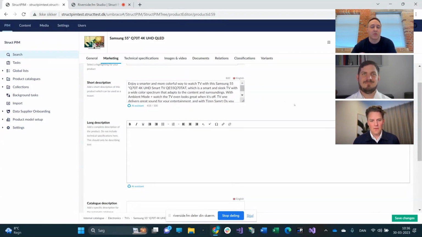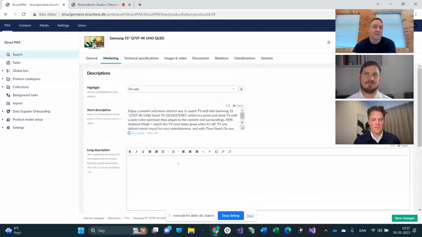So in Struct PIM, we've integrated ChatGPT to help us do some of these tasks, so we can streamline the process, become a lot more productive, and create a lot of these texts that we wouldn't be able to do otherwise. We've configured this setup to enable the AI assistant on the long description and short description here.